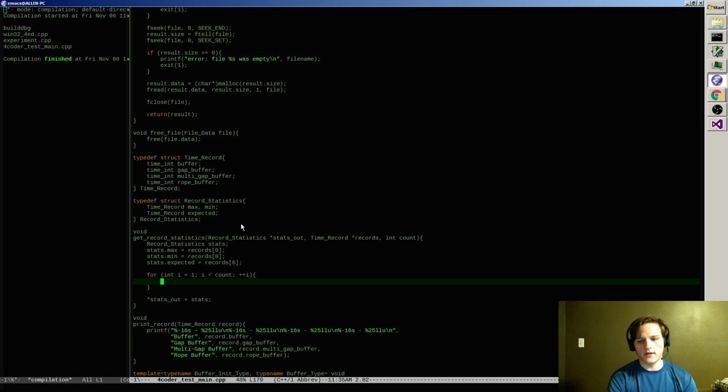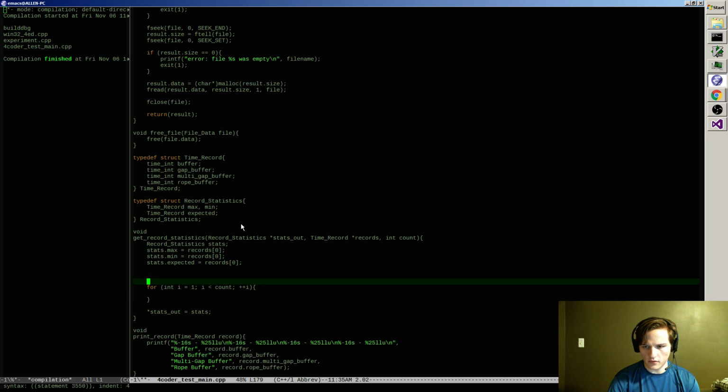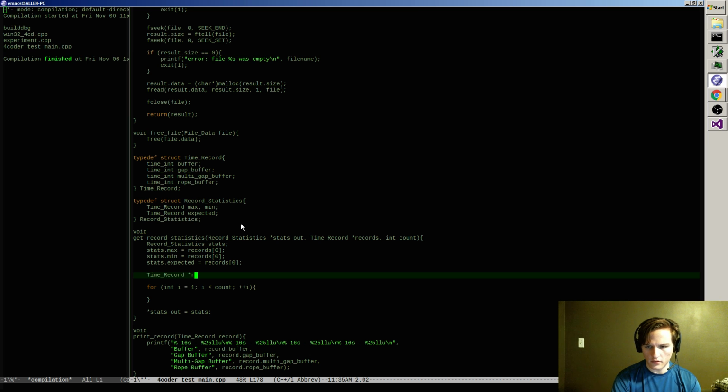To do the rest of my work, for each one of these, we're looking at a particular record, so I'll get a time record equals records plus 1 plus on the record.